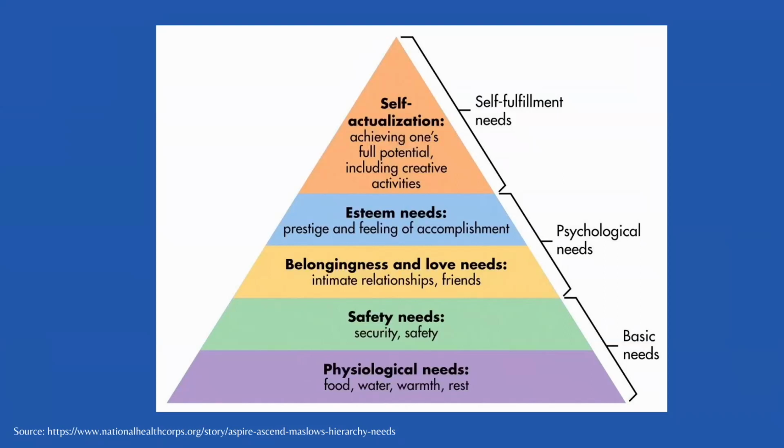And then the next level is belongingness and having their love needs met. This is the psychological component of esteem, right? We want to be respectful of our students. We want to give them formative feedback in a respectful way that demonstrates caring and compassion to help them achieve success. Identifying resources, if there are referrals that we need to make for our students, we want to be able to have knowledge of that